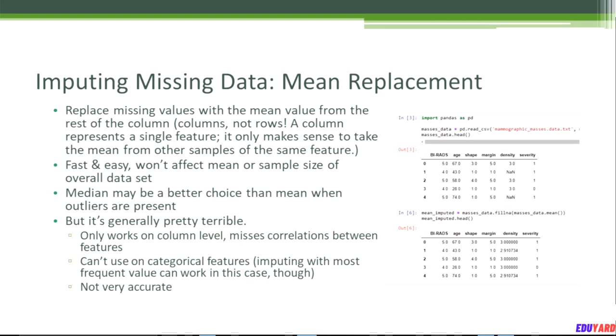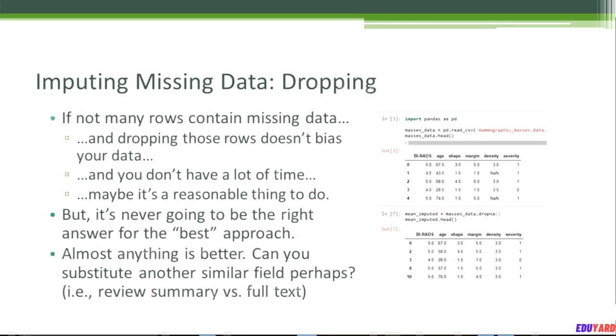So although it's quick and easy and has some advantages in practice, if someone is asking you, say on a certification exam, what is the best way to do data imputation, mean replacement probably is not it. It's also probably not just dropping the missing rows, although we have seen sometimes that's a reasonable thing to do if you have enough data such that dropping a few rows does not matter. If you don't have too many rows that contain missing data, well, it does not sound that unreasonable.